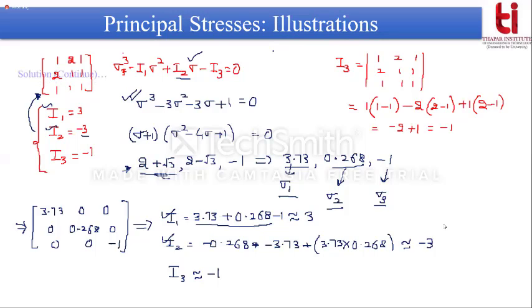So our next task is, what was our task? We had to find the principal stresses, which we have already done. We have to check for the invariance, which we have already done, and we have to find out the principal planes corresponding to minimum principal stress. So now to get the principal planes,